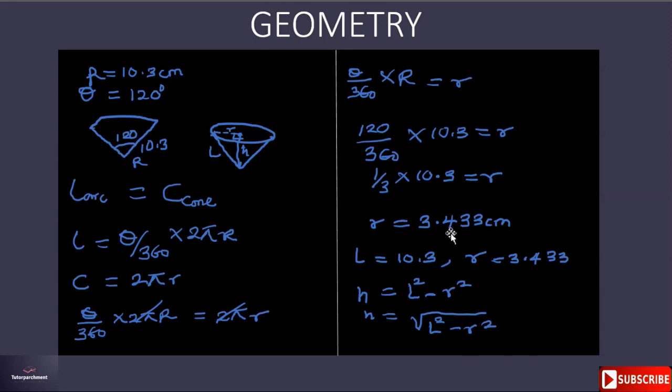We got the radius of the cone to be 3.433. So that is not the final answer. The question says we should find the height of the cone. So considering this is a right angle triangle like this, using Pythagoras, you can see that